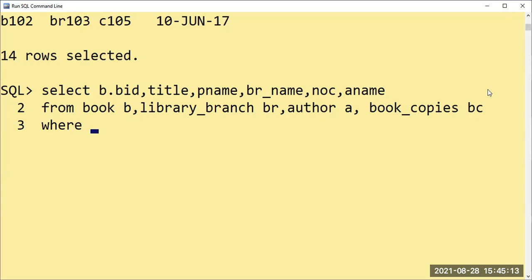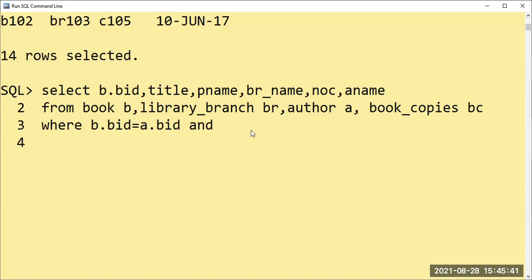That time will be saved. So for that we have to take the help of the variables or objects we have created for the respective tables. My first table is the book table. So I will say B.B_ID is equal to A.B_ID, which means that book ID is getting fetched from the book table as well as from the author table. A is representing the variable or object for the author table. So one condition is done.